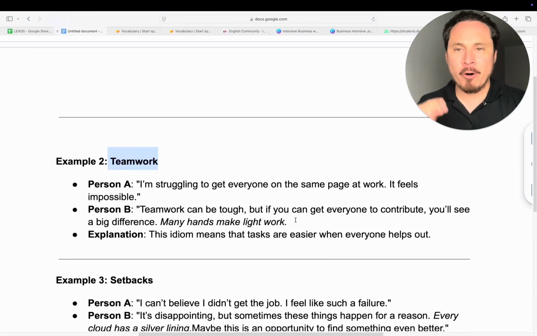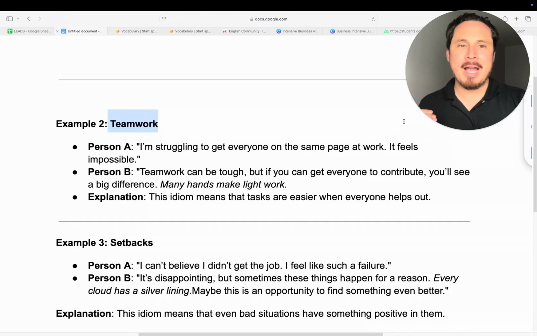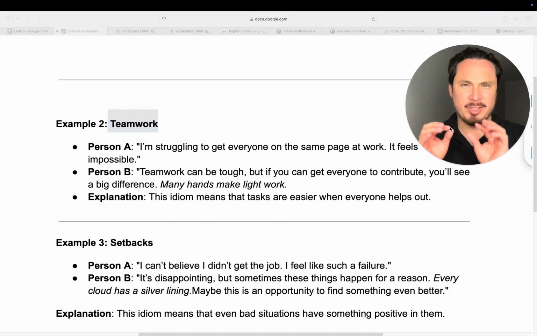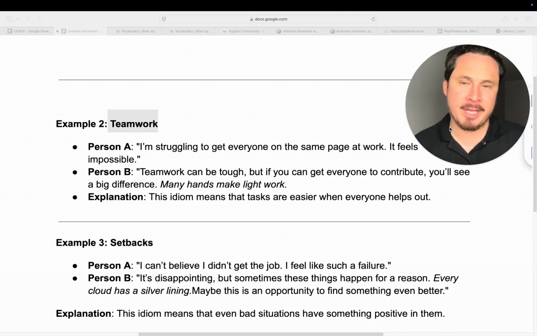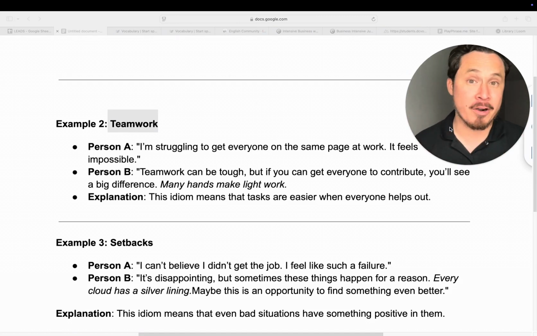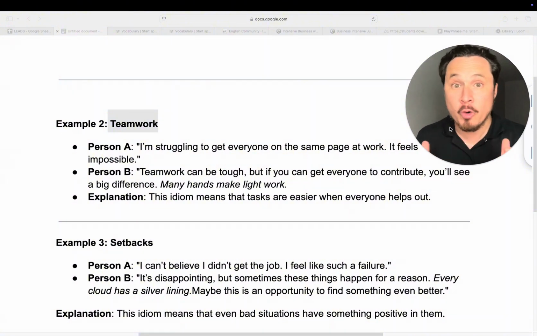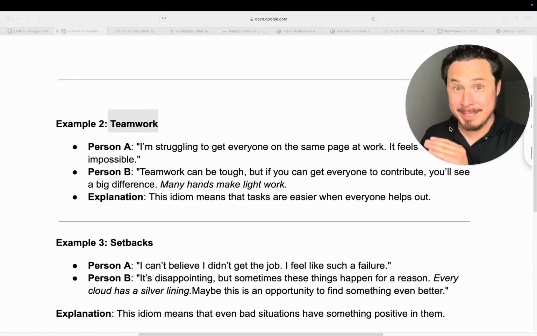Now, before we move on to the next method, right, I want to tell you that this is just a taste of what it takes to really master idioms. And as you can tell, this is a bit different than anything you've ever heard because right now there's no English course that's talking about this. Look for it, you won't find it. Idiom placement, where are you going to find that?